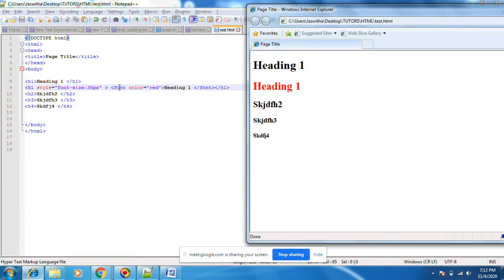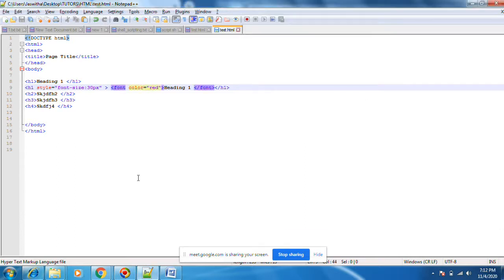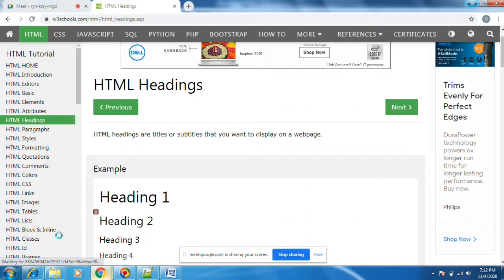For that font tag, color is the attribute, not this h1. Okay, next thing is paragraph.